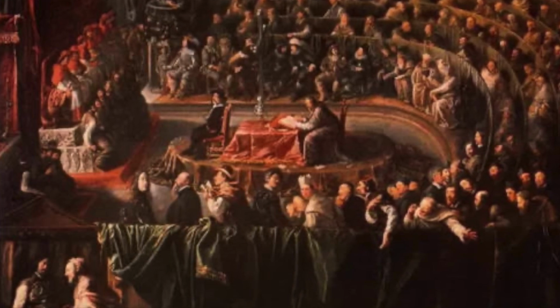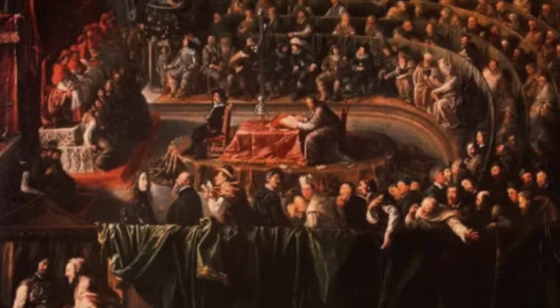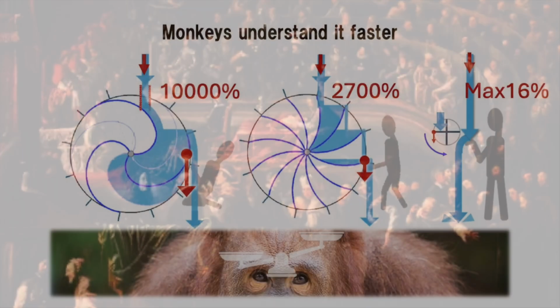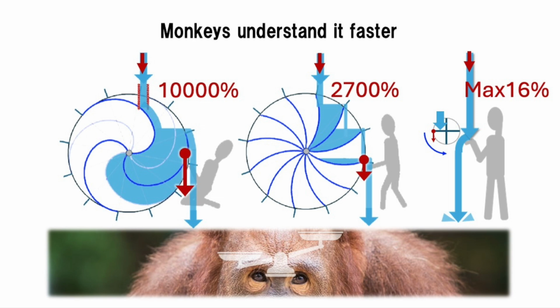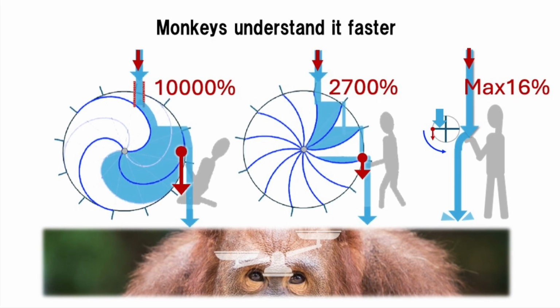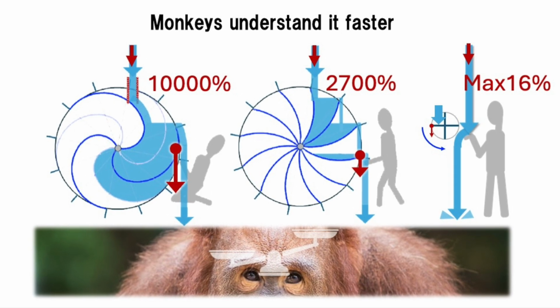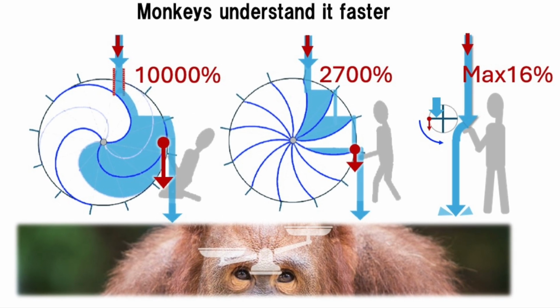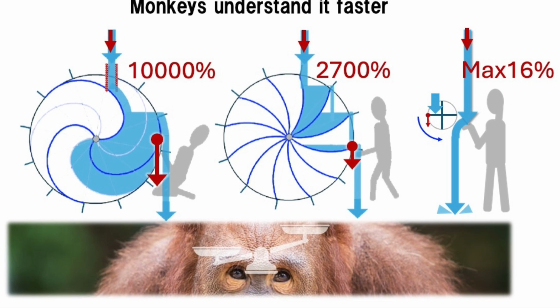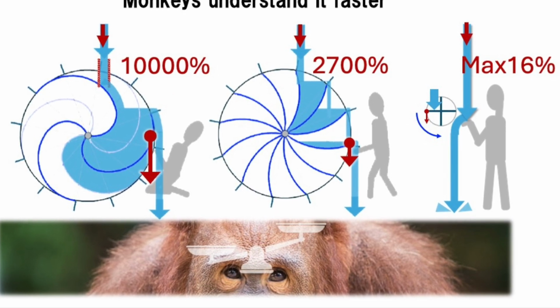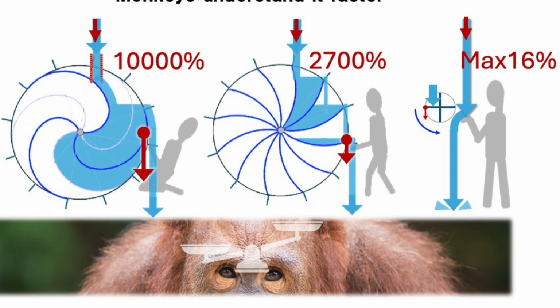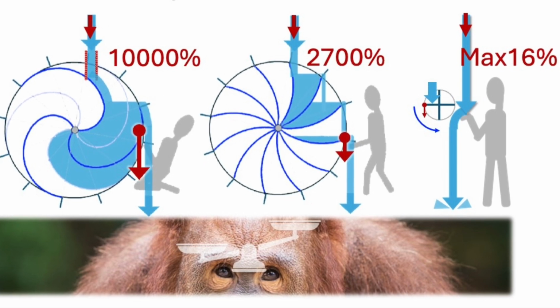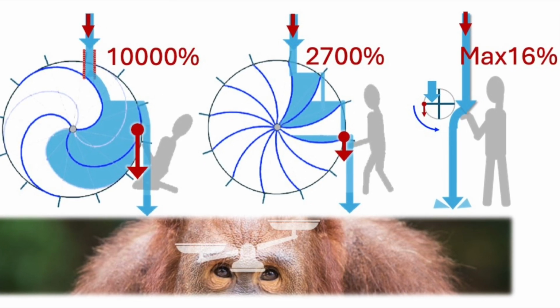In any case, observing this situation, it may be that monkeys, who cannot even understand numbers in arithmetic, have overwhelmingly superior sensory intelligence, such as the difference in strength and how to use it, and are able to understand things faster than humans, whose thinking is paralyzed by the excessive use of tools and machines.